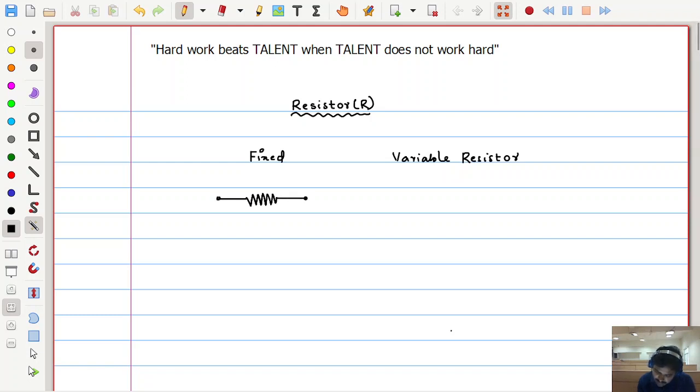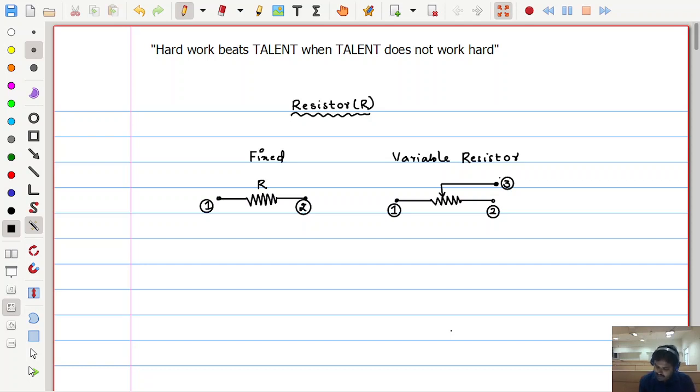Usually we take two-terminal elements whose resistance values are fixed, whereas the variable resistor is also almost the same, but a slight difference is there. We will have a wiper, which is a variable pointer. We can move this arrow, and that constitutes one more terminal. So though it has three terminals, basically we will be using only any two terminals. Let us say these are 1, 2 and 3. If I choose 1 and 3, that becomes the variable resistor, or 2 and 3 also becomes the variable resistor.